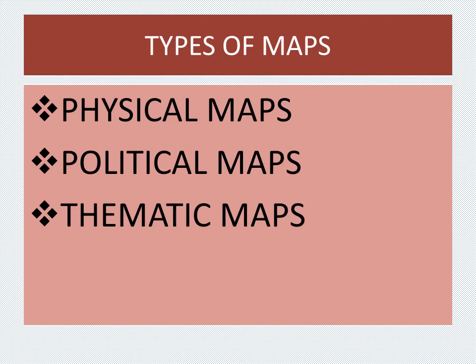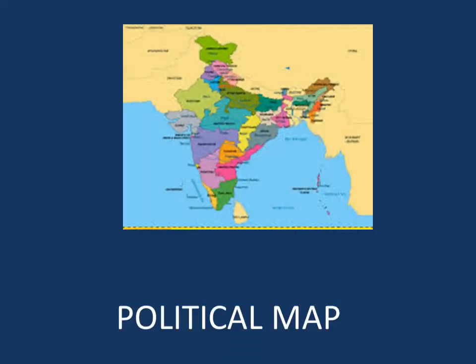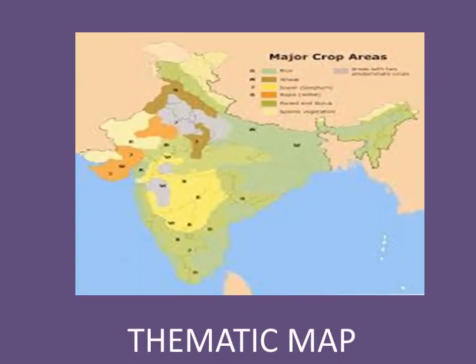Now let us move to page number 56. On the top you will get the picture of three types of maps: the physical map, the political map and the thematic map. Okay, and now I am going to show you the slides of these 3 types of maps. I hope you will like it. First the physical map, then the political map and then the thematic map. Okay. Now you can find all these types of maps if you have an atlas, that is the book of maps.